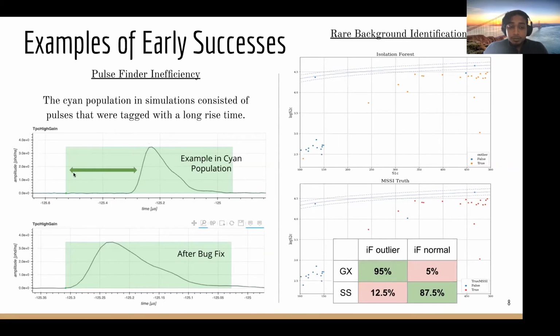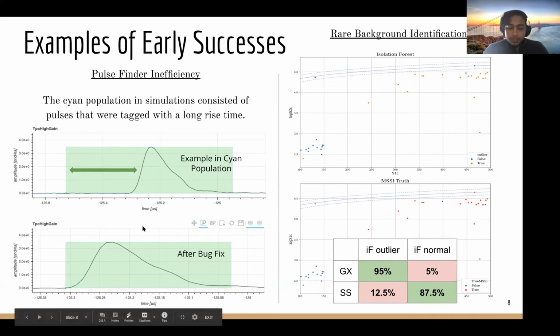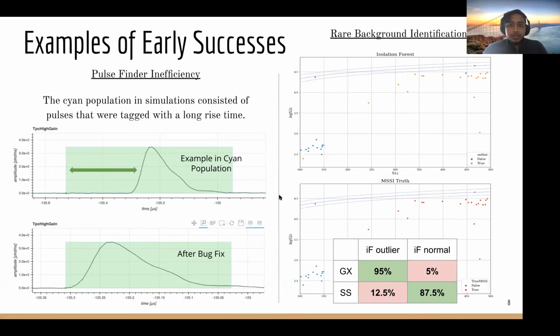This was also confirmed by putting it through the isolation forest and seeing what feature it was that caused this cyan population to be anomalous. The isolation forest feature interpretation told us that these events have a long rise time. So this bug fix was implemented in the pulse finder, and here it is after, which is a properly defined pulse boundary. So that's one example in which we did not know what we were looking for, but we threw the kitchen sink at it, and it gave us something that we could improve on in our simulations and data